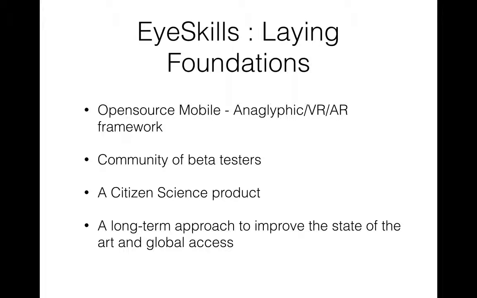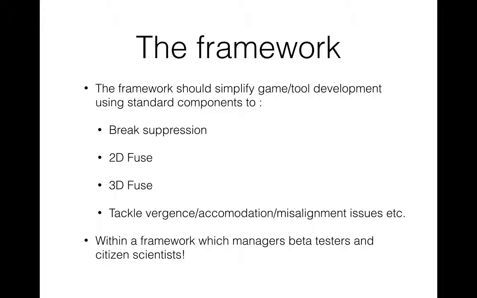So one of the cornerstones of making this work is providing a framework for people to develop these tools and these games. And to do that, it should be specialized for amblyopia and strabismus. It should have the key components that make it simple to make these games. And amongst those pieces of the puzzle, it should help people with breaking suppression. It should help people with 2D fusion, with 3D fusion, tackling vergence, accommodation, misalignment. And a lot of these things have to do with